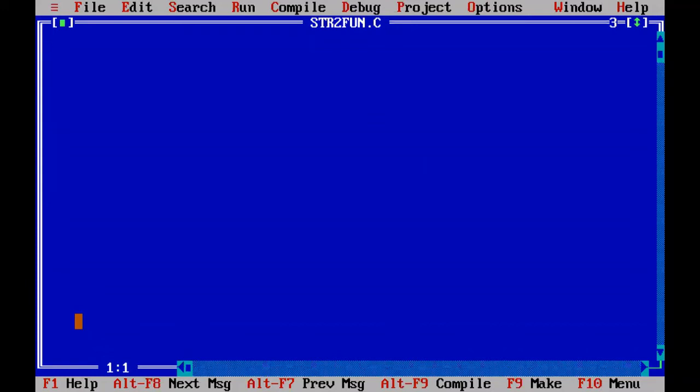We are going to see passing structure to functions. Passing structure to function. To pass the structure to function, we must create the structure definition first.